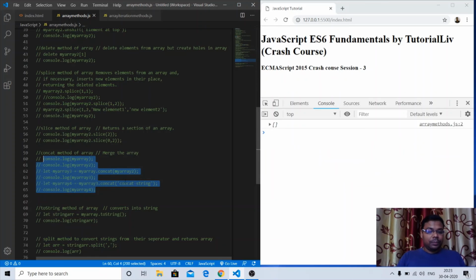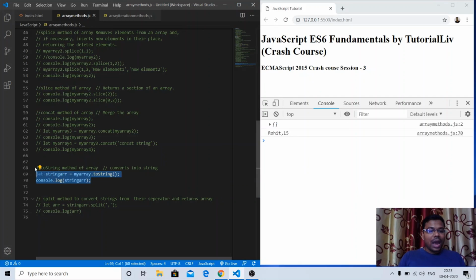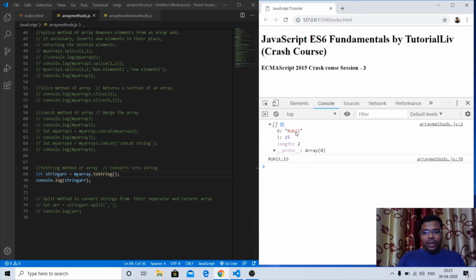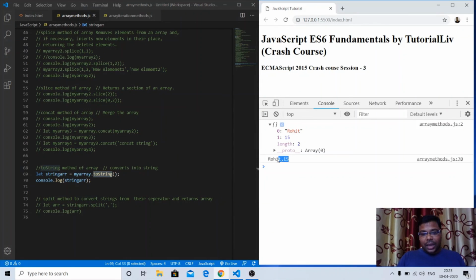Next, if I want to convert my array into a string, meaning we don't want to return any array, we have the toString method. If I console.log my array before this, we have Rohit and 15 in this array. Once I call my array dot toString, it returns the elements Rohit comma 15, the two elements of the array, in a string format.